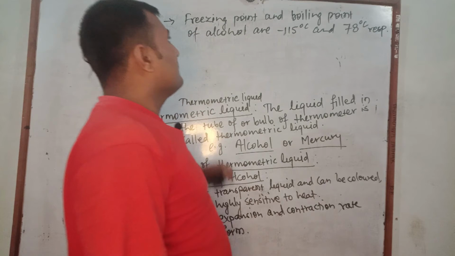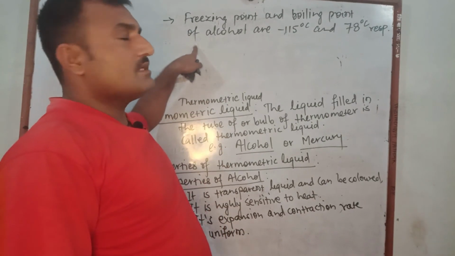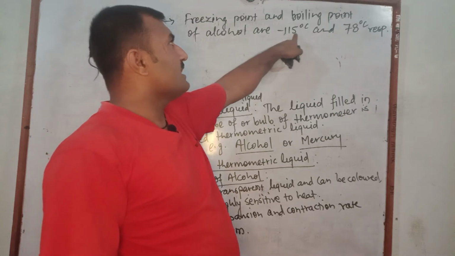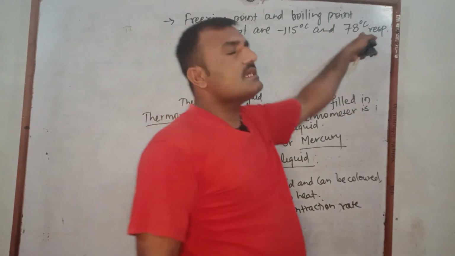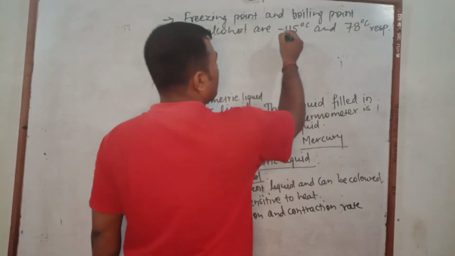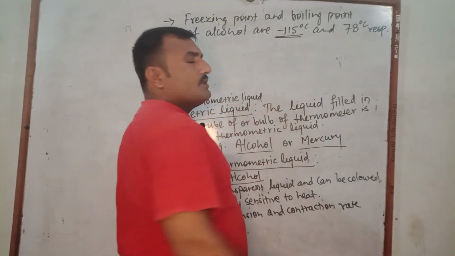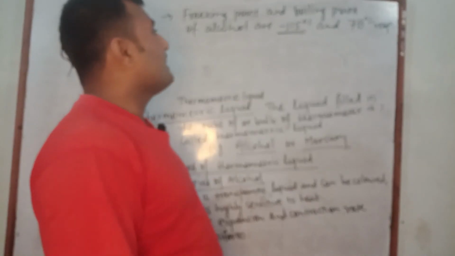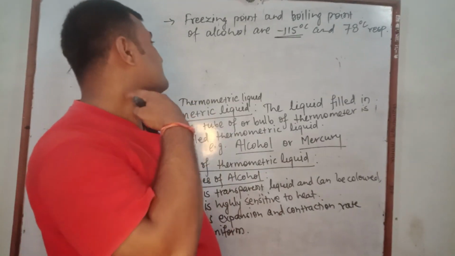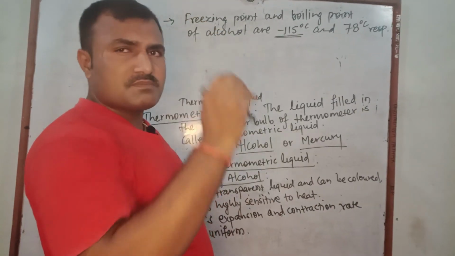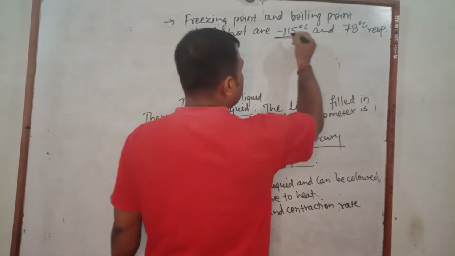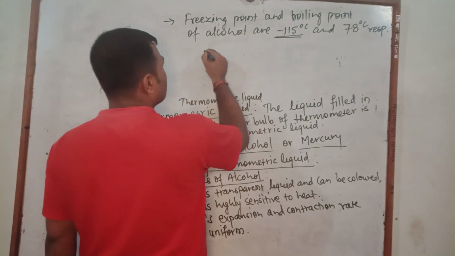It means what? It can measure a range of temperature from minus 115 to 78 degrees Celsius, or at least temperature can be measured up to minus 115 degrees Celsius, or up to that given low temperature can be measured, and due to that reason here